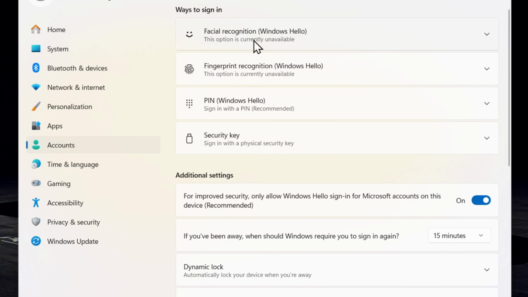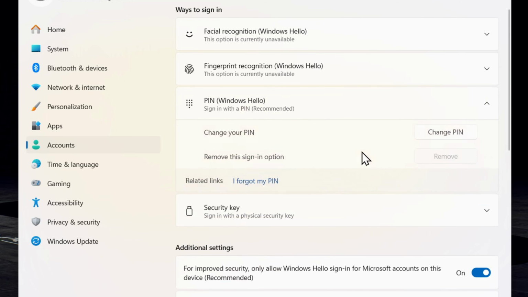Under the Sign-in options, you will see ways to sign in. Go ahead and click on PIN. Now you will see that it shows that you can change your PIN or you can remove it. If yours is grayed out like mine, the way to do this is to simply go back or click